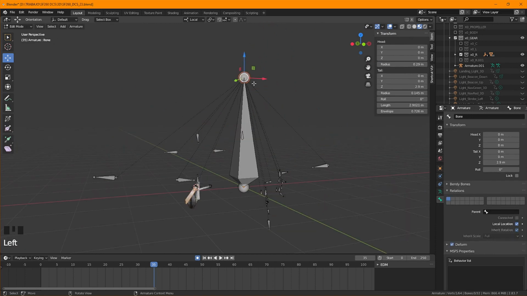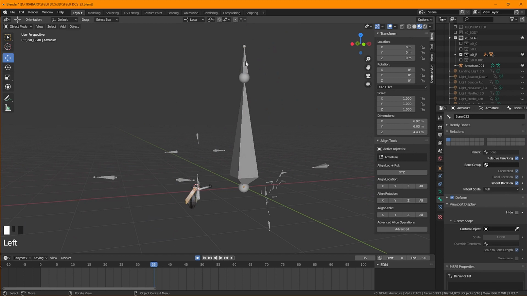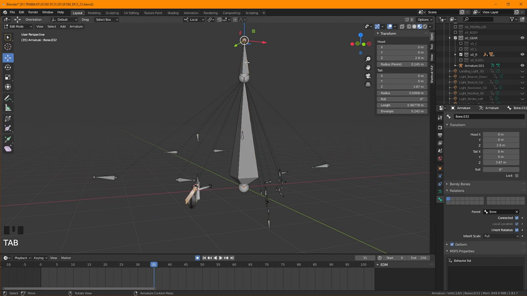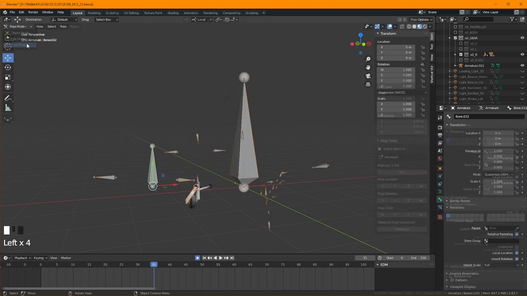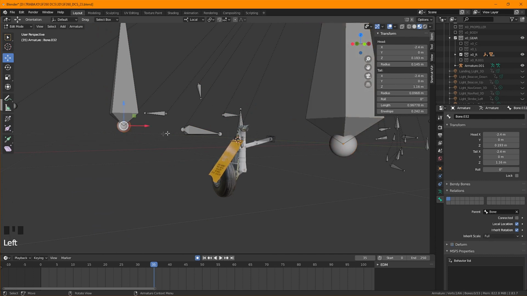So, we tap, extrude, set. I don't know why it doesn't appear here, the set. No sé por qué no aparece la Z, pero yo la presiono. Okay. And now, deform and move. Move it, move it. We have the same armature, tenemos la misma armadura, and we seleccionamos esta parte de aquí